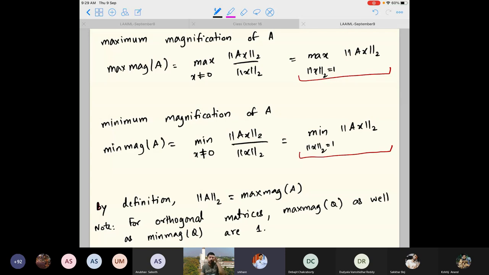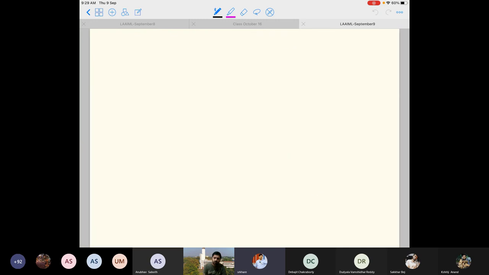Both of them are 1, right? So this is what we observe. Orthogonal matrices are really very well behaved. Okay, so let us see